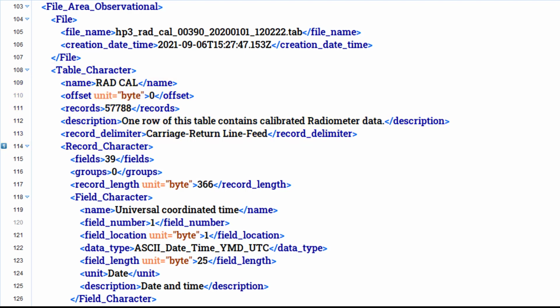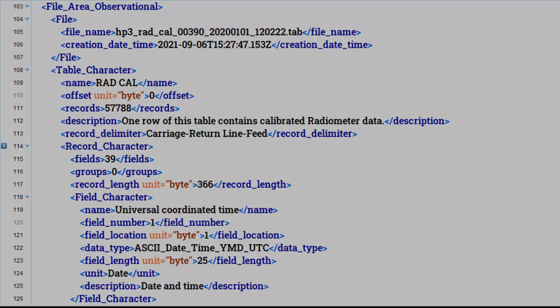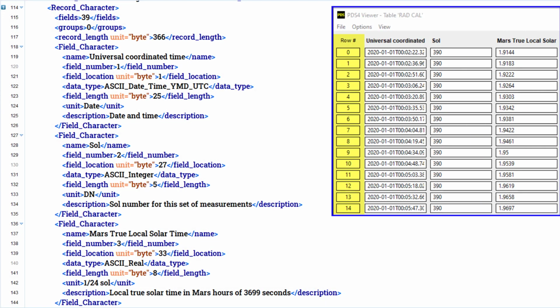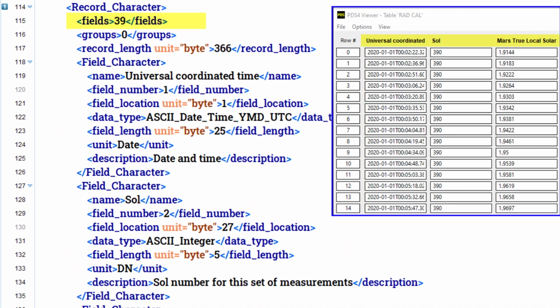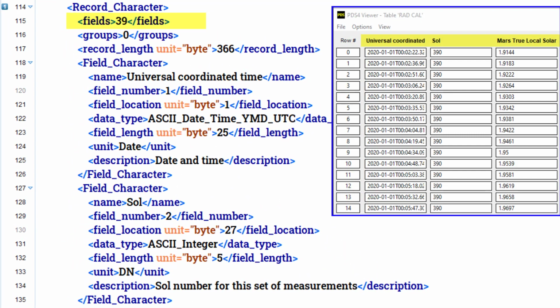Include the optional uniformly sampled class here if your table includes data that is uniformly spaced in some dimension. Record character is a required class in table character. There are 3 required attributes, each of which describes the format of the records or rows in the table. Fields is the number of field character classes in the table. Do not count group field